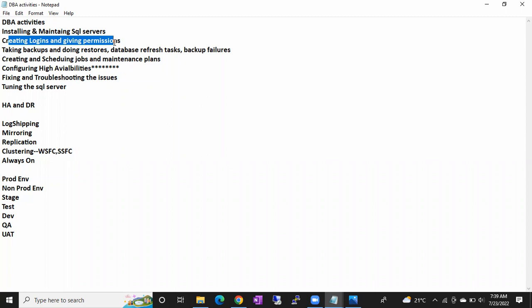So in the shopping mall, we have a lot of responsibilities and different types of permissions. In the same way, once I install SQL Server, create a database, and start storing data in it, that doesn't mean everyone can access the data. It depends upon their requirement. So as a DBA, we have to secure it, by using the security concept. In security, we'll create logins and give permissions depending on approvals and all.